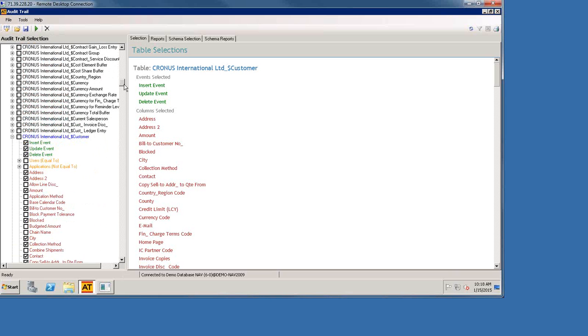So if it's around the whole purchasing and procurement process, you're probably going to want to audit vendor setup, maybe some purchase order changes, things like that, and you want to make sure that's all set up. If it's around inventory, then you're going to want to maybe audit inventory setup and pricing changes, and transfers and damages and things like that, anything around that process. So it's really understanding your business, understanding where the key risks are, and making sure that you're setting up the audits on the things that are relevant.